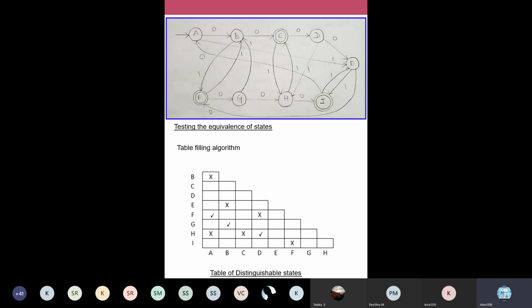Okay, we'll start with the problem. Now you don't draw this table; I'll teach you how to draw this table in the next slide. By now you understand, you're going to mark tick and cross in your table. The table is called the table of distinguishabilities. You're going to construct this table and mark which states are equivalent and which states are distinguishable. The algorithm used is called the table filling algorithm. We are going to concentrate only on how to solve the problem. So just analyze this table and then I'll teach you.